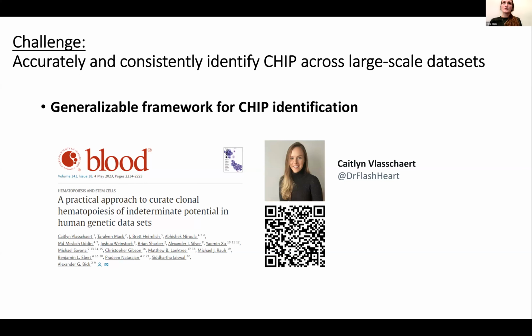Yeah, so the details, just in case I say something wrong, are in this paper, so I would double check me on this, but I know we use a panel of normals, and there are some steps, and it should go into exactly how that works. I'm trying to remember off the top of my head, but I know there's a panel of normals, and that we specifically filter that to just our CHIP variants of interest, so that speeds up the process. But there should be a lot of data on that if you want to replicate. No worries, thank you.